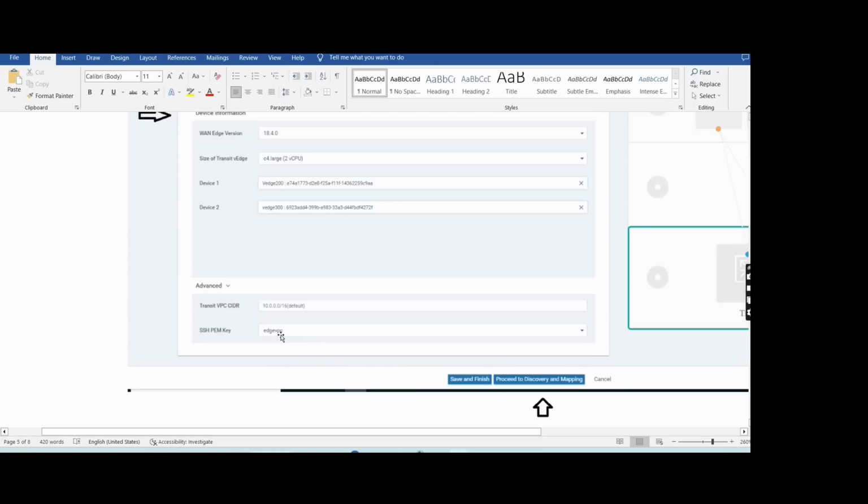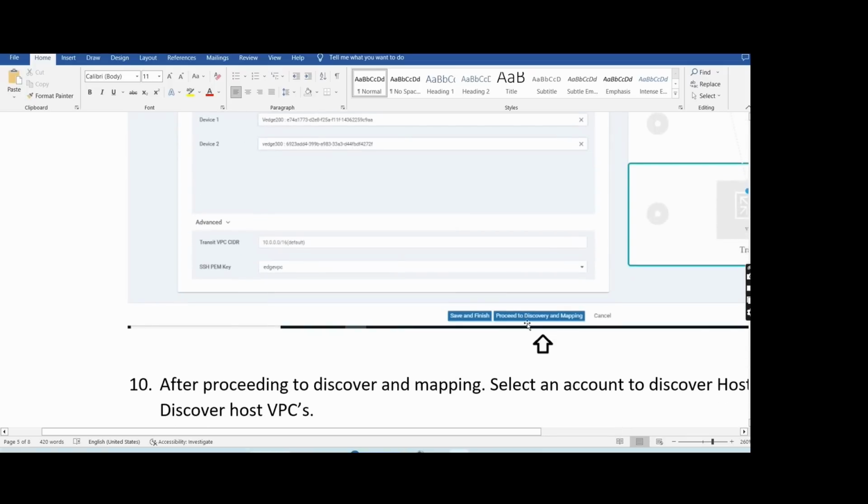So you need to map this key with your PuTTY, and then you can directly SSH to the public IP of that device. So that name we have assigned. In the drop-down you will find that SSH PEM key, and we will click on proceed and